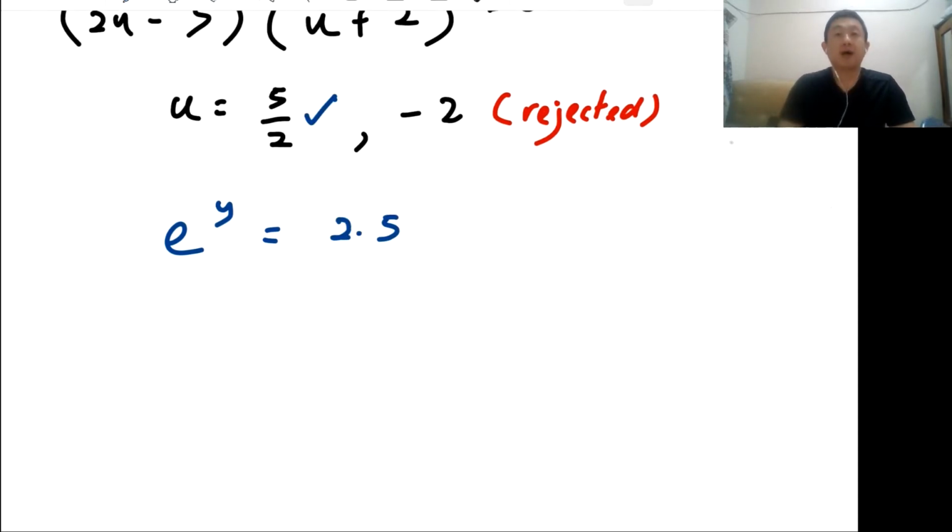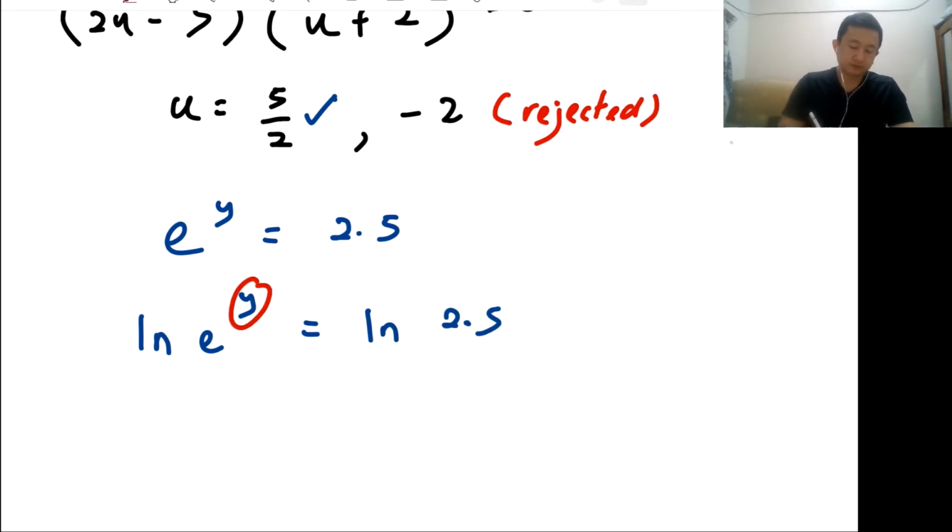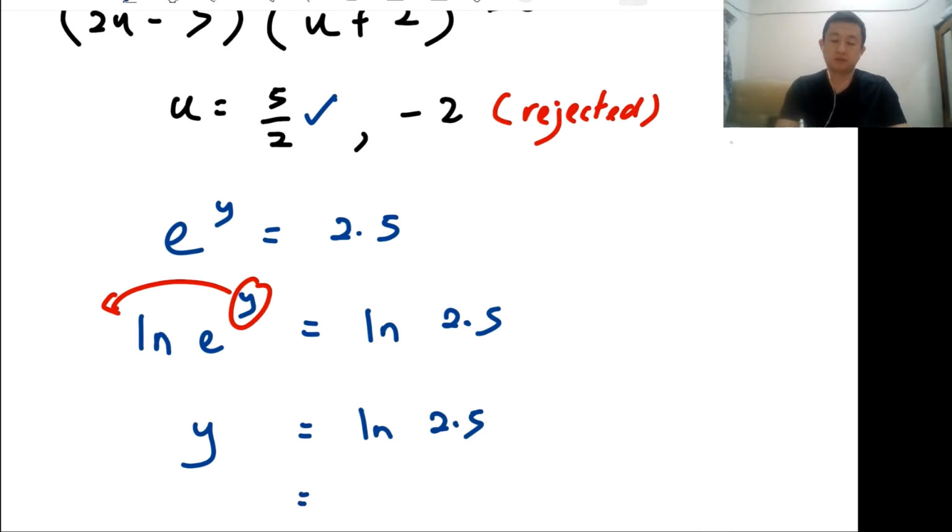In order to bring down the power, you're going to put log on both sides. Of course, you go for ln. ln e power y equals ln 2.5. y ln e, and ln e is 1, so it's just y. y equals 0.916, to three significant figures. Okay,